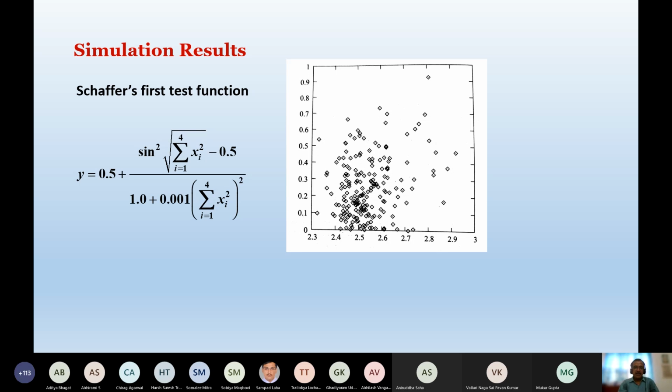This is the way from 5 dimensions we got it in 2 dimensions. Actually, this result is what we obtained using C programming only. We did not use MATLAB here, although in the visualized interactive genetic algorithm we took a little bit of help from MATLAB. But this is done in C programming only. Now you can see all the data points are well distributed.